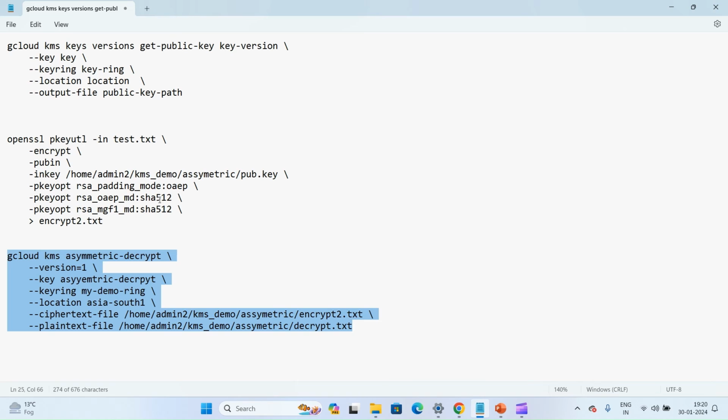Make sure you are using the algorithm correctly here. And as you see, using a wrong algorithm we got stuck. It is in decryption failed. Even when we changed versions also.